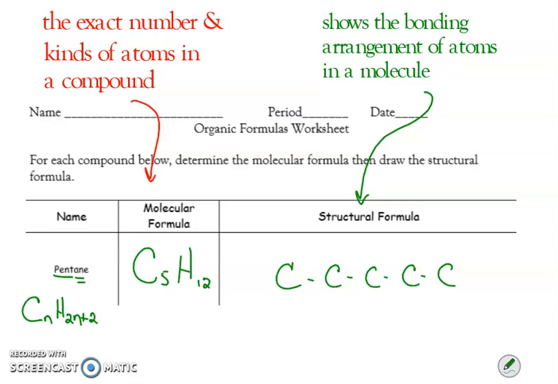So therefore, we have to understand that the terminal, the end carbons, those two can only accommodate 3 more bonds. The interior carbons, those all are already making 2 bonds with the carbons next to them. So these 3 can only accommodate 2 more bonds. When we get done, we can draw all the hydrogens in. Remember, we don't need to draw the actual H's. We can just draw the lines without the H's attached, and you're going to have that. And so that is the structural formula for pentane, and that is the molecular formula for pentane,